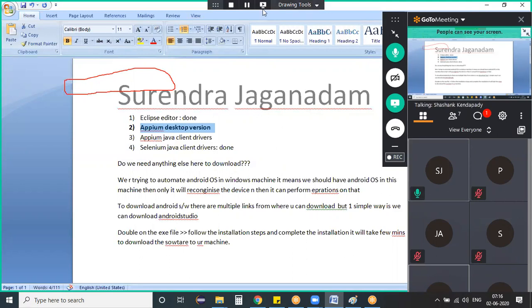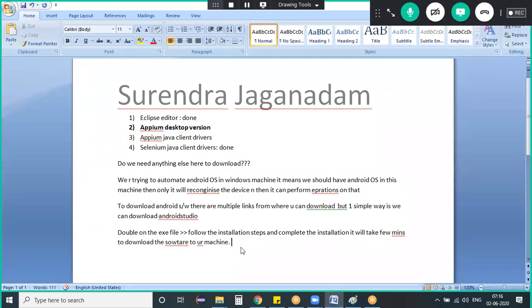And then once we are done up to here, one second, let me clear it. So just like a regular exe file, download it, follow the installation, and complete the installation. Once we are done with the full installation, the next thing you need to do is launch Android Studio. At the very first time when you launch Android Studio, it will open up a new prompt which gives you a couple of options,